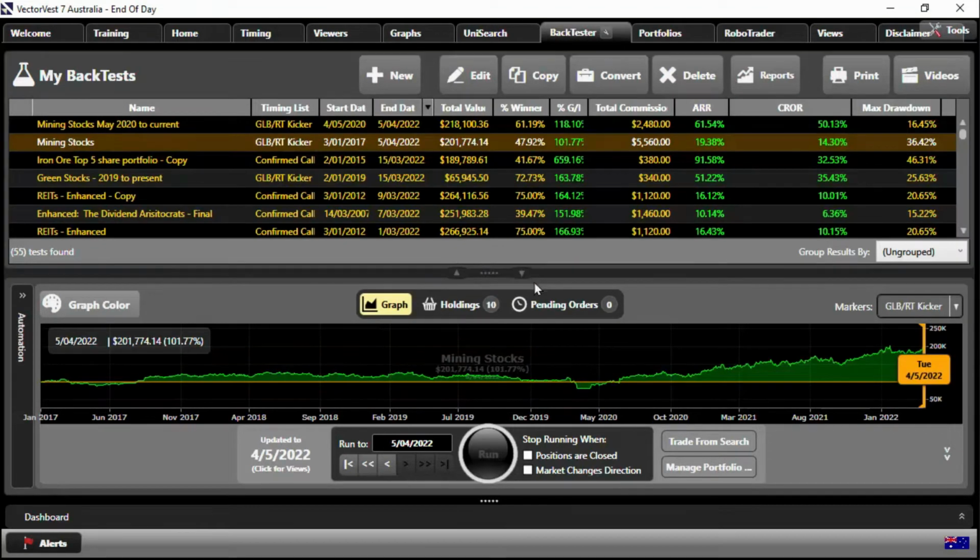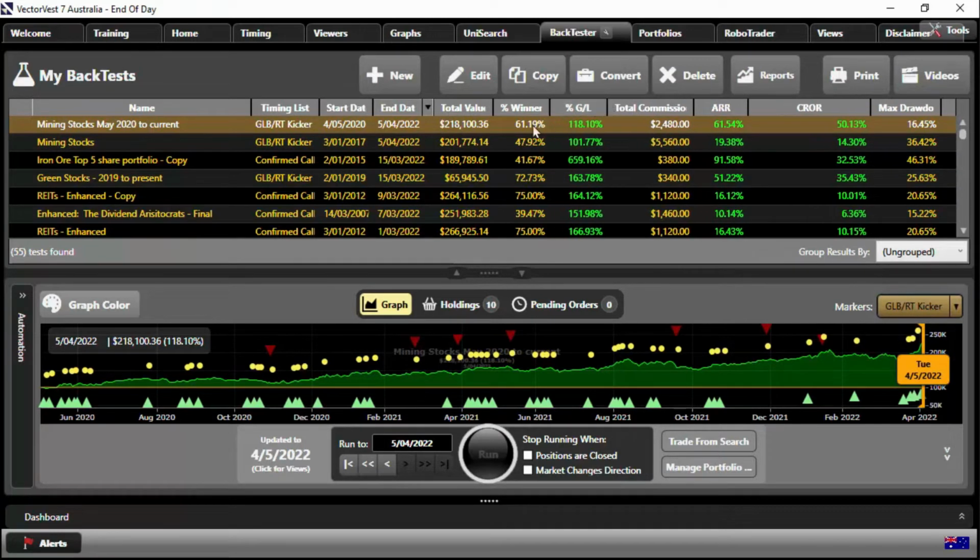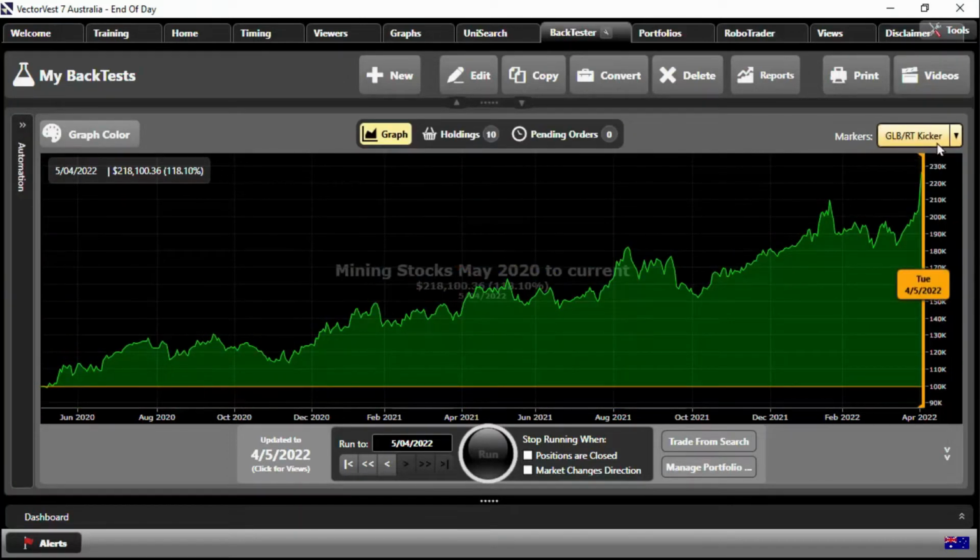What I did then is I took that same parameter set and I applied it. I'll show you the rules shortly. I applied it here. Let's just open this up a tad. I applied it in May of 2020 and ran it through until the 5th of April 2022. And look at those returns. It's gone up. If I maximize this and take this off, you can see again I've started it at 100,000 and it's gone to 220. So over 100% returns over that time period.